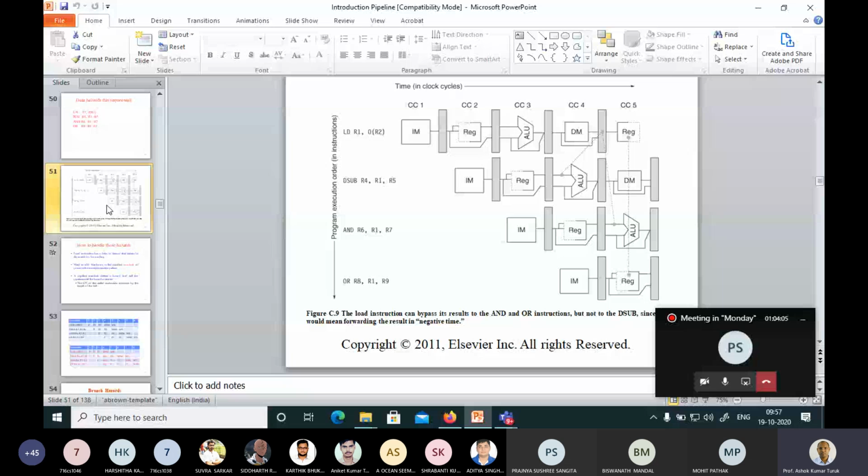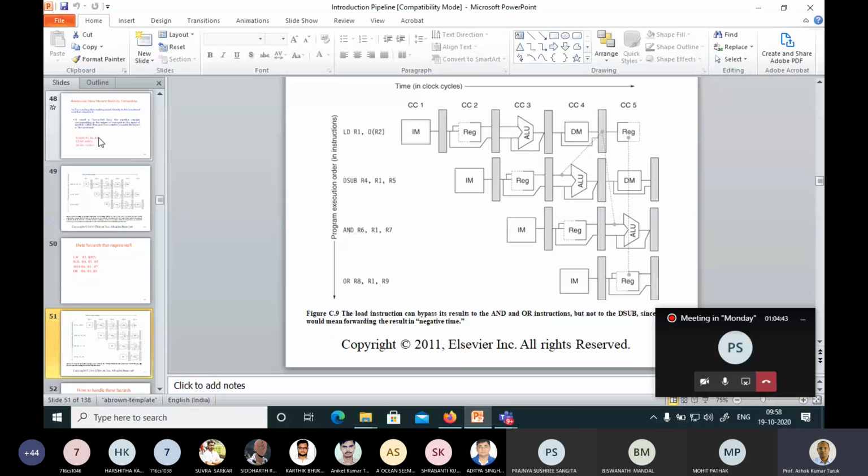The structure of the pipeline is such that the pipeline is designed accordingly. We had a 5-stage pipeline: fetch, decode, execution, memory, write back, with pipeline registers between them. If you analyze the dependency, an instruction can depend only on the previous two instructions for the hazard. Now, if you go back to my last slide, let me go back.